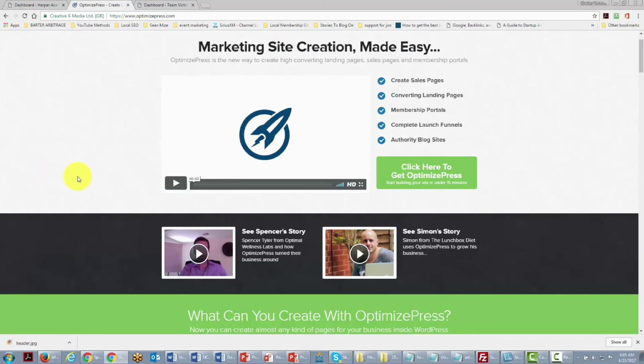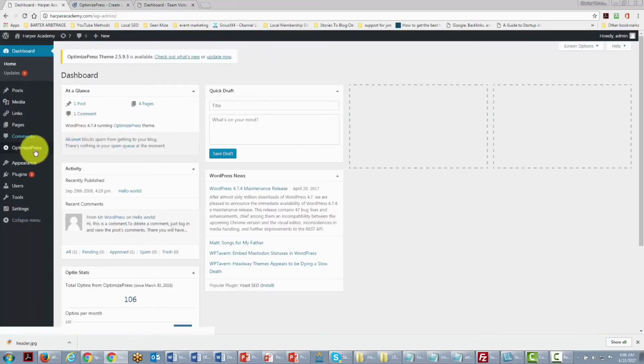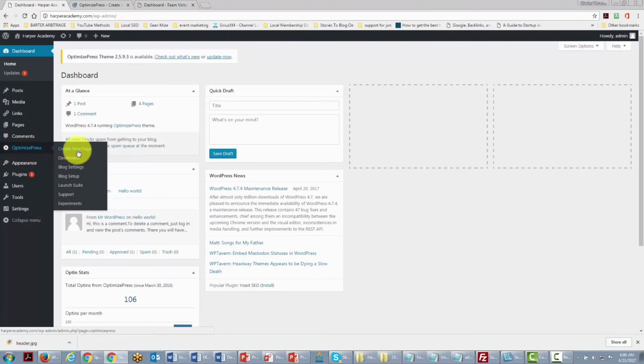One system that a number of network marketers rely on is called Optimized Press. While there are many systems that will give you sales pages, Optimized Press is a theme that will allow you to build business pages, whether it's for your front page or for things that you want to sell and offer to your customers. Once Optimized Press is installed inside of your WordPress website, you have a separate Optimized Press dashboard,